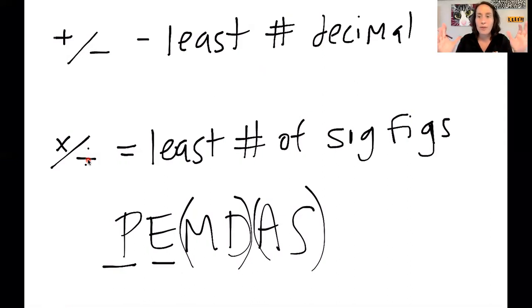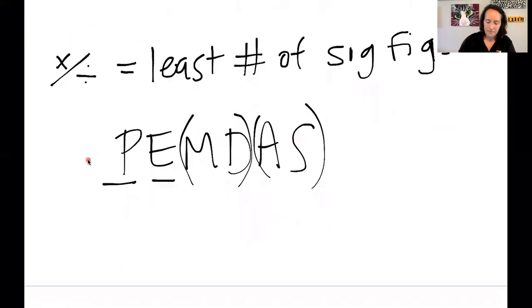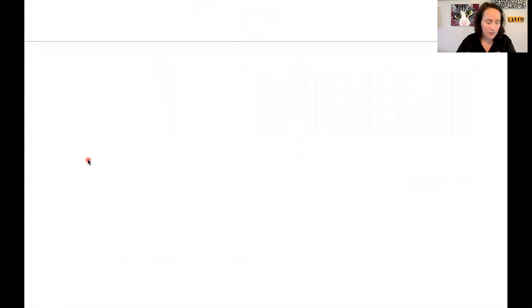So if you can remember those three things, the rule for sig figs when you add and subtract, the rule for sig figs when you multiply and divide, and the order of operations, you will be able to work sample problems. So let's do a few, and I'll look at the Your Turn 4.15 on page 125. So the very first part A wants you to divide 5.0 grams by